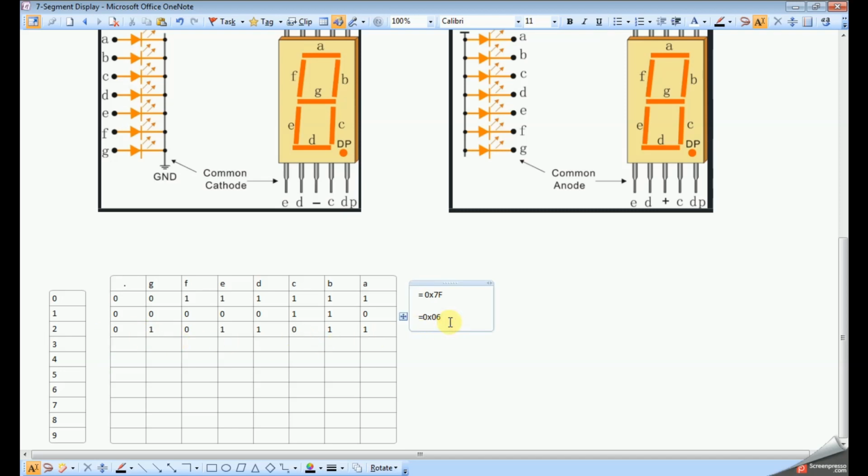Then the hexadecimal equivalent code for this binary number will be 0x5B, since 8 plus 2 is 10, plus 1 is 11, and 11 means that is B.